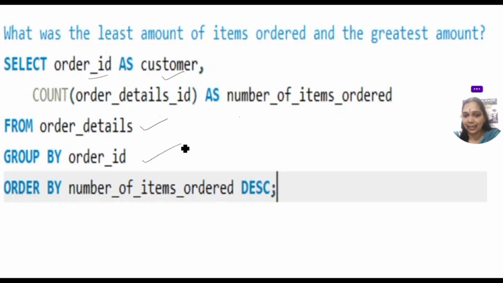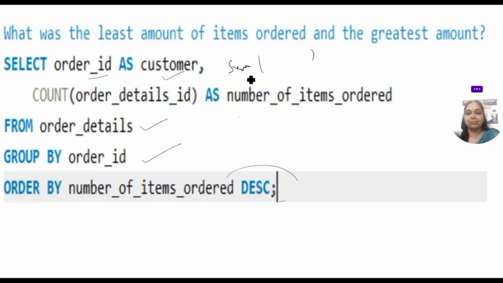Next, group by order ID. Now we will get the number of items ordered in descending order. If it is necessary, you can add sum also, so that you will get the total amount of the customers. Otherwise you get the answer. For this query this is the perfect answer, but especially if you want to add the amount also, then use the function of sum.